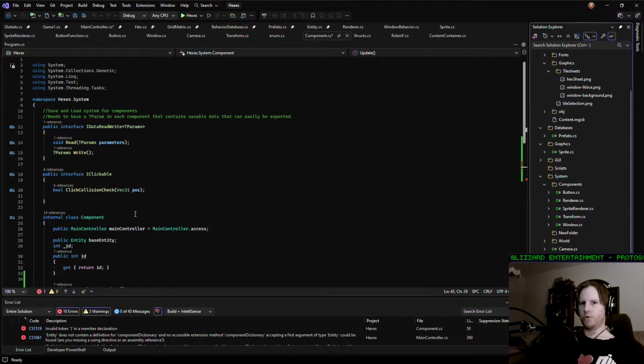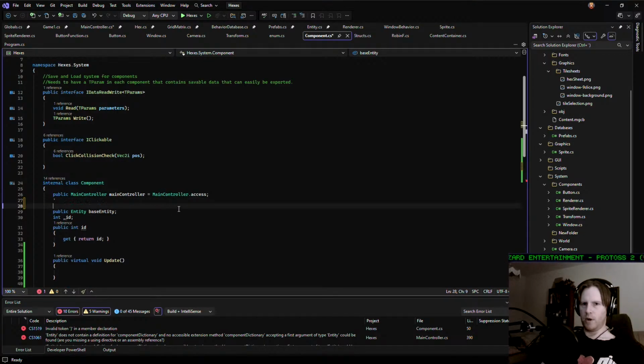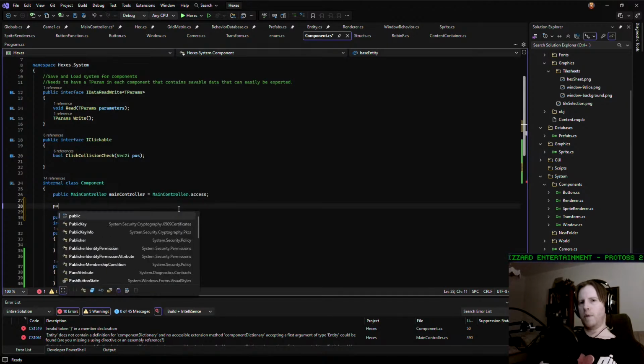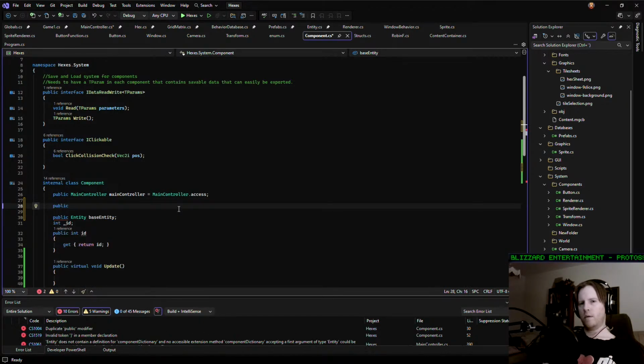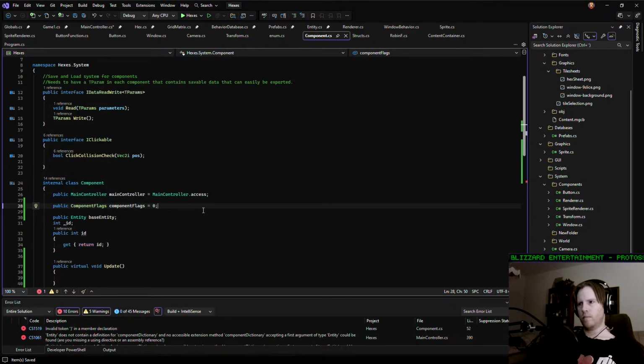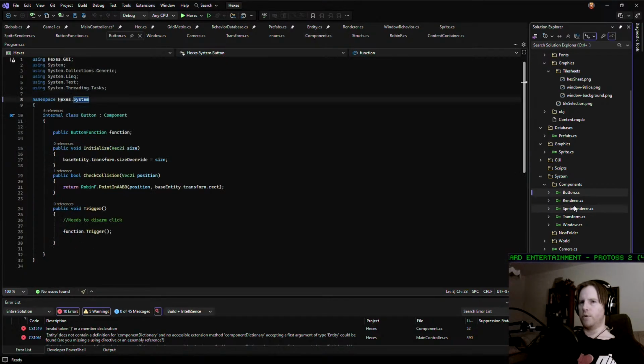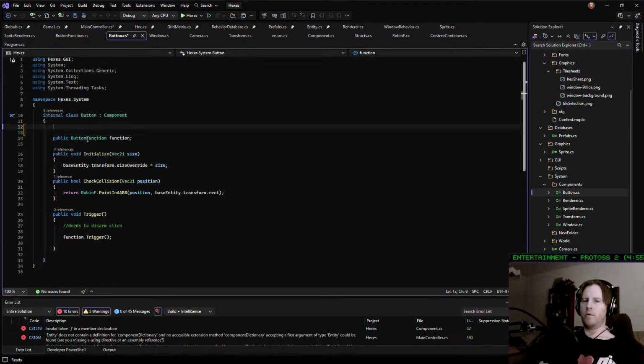All components should come with a component flag as well. Public ComponentFlags. And then we just go through them. Button would have